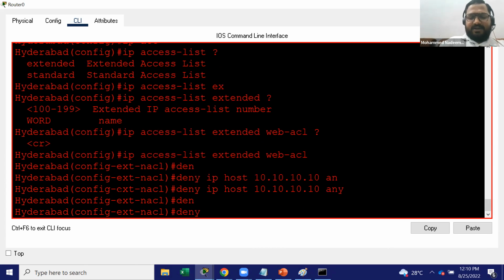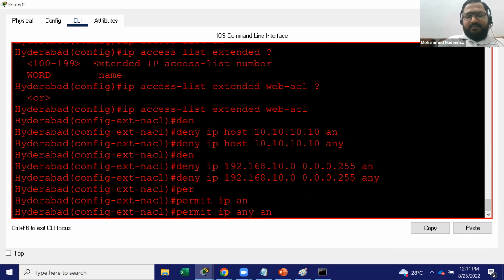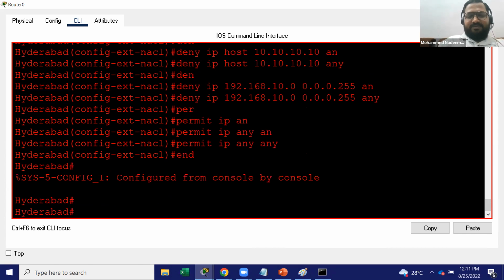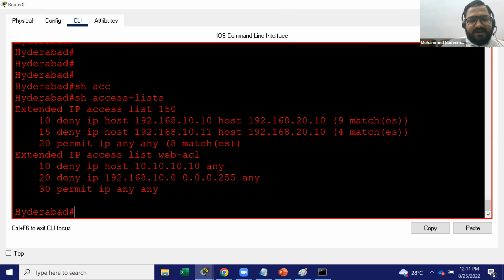Then I can say deny. You can specify the network also. IP, you can say 192.168.10.0, then subnet mask, sorry, wildcard mask 0.0.0.255 with any. Then permit IP any. I'm just writing this. So if I go and check show access list,